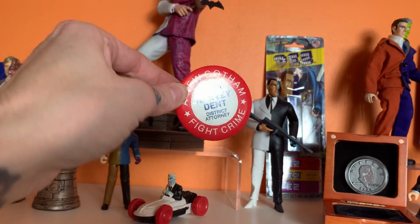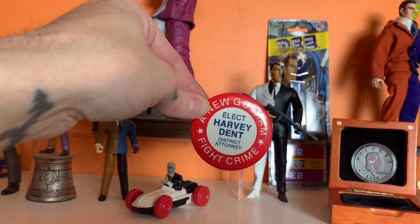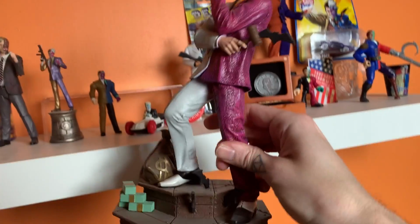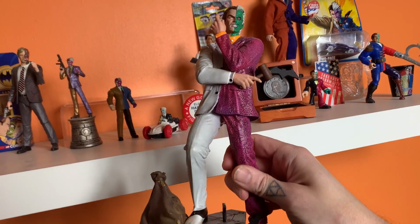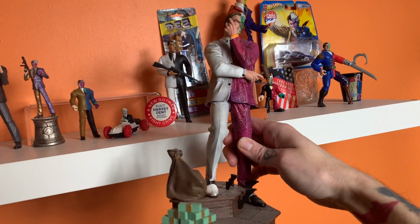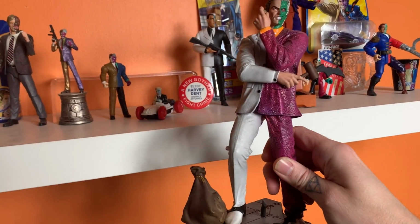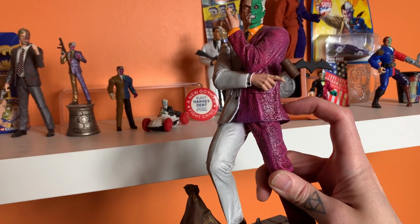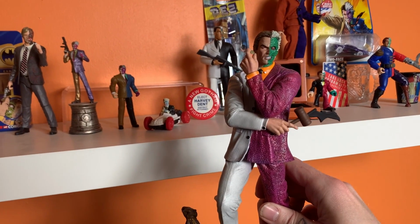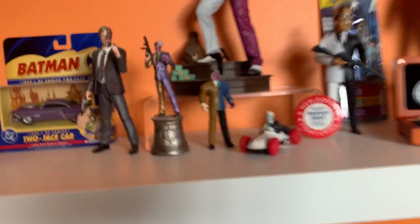This was just an eBay pin, somebody making pins that look like the ones from the 89 Batman, I think. I really love this DC Gallery statue. It was pretty inexpensive, and I think it's just PVC. It's fairly cheap, I think it was like $50, and it's got a lot of presence for $50. It's got a little bit of heft. I like all the little details, the batarangs. I really love the wild purple and crazy designs. I like the crazy colors more than the black and white animated sort of look,